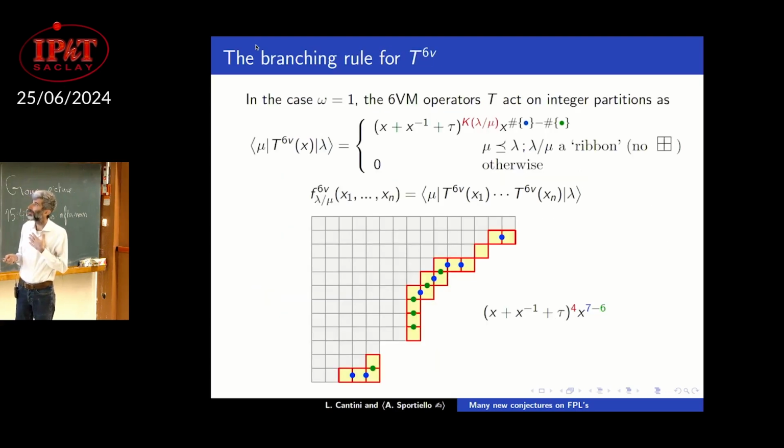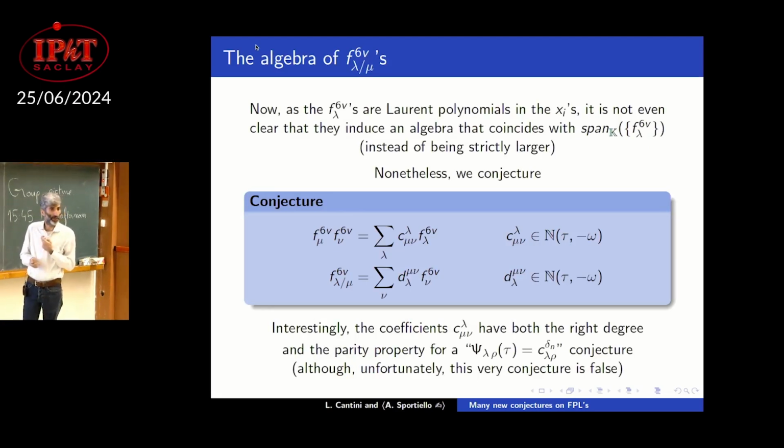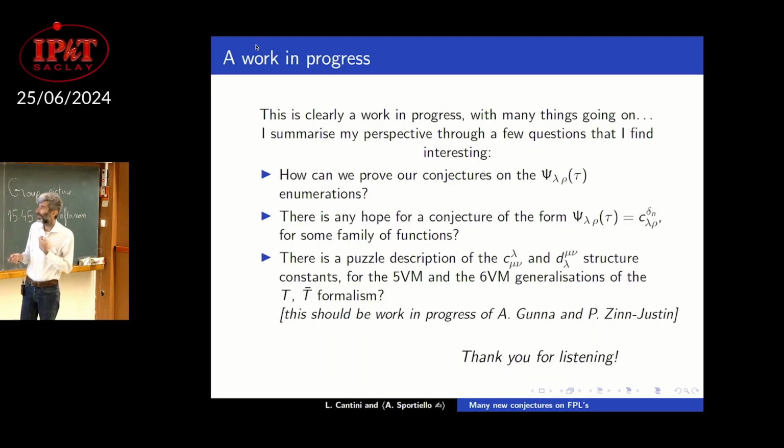And well, this is the rule for the 6-vertex model, which is puzzling because it was not even guaranteed to be an algebra, but it looks to be empirically an algebra. And this is the final